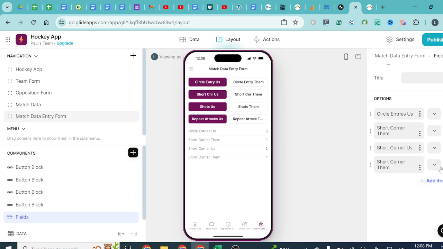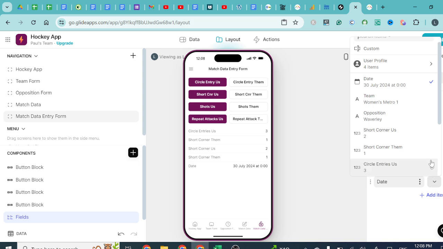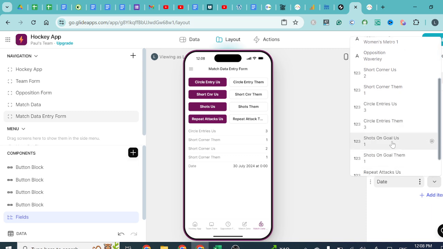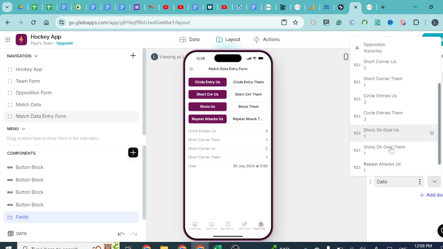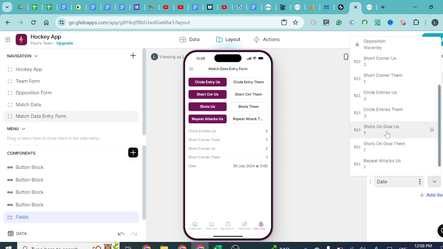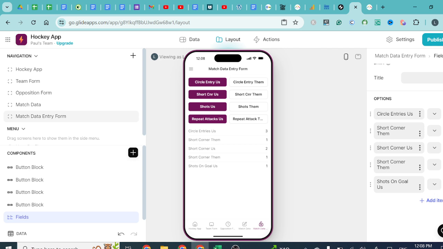Okay, and we'll add another one, which is going to be shots. By the way, when I was actually creating this for the first time, I also found that in this particular item, and this is just things that you will need to work out for yourself as you go along, when I first filmed the video and started trying to create this,